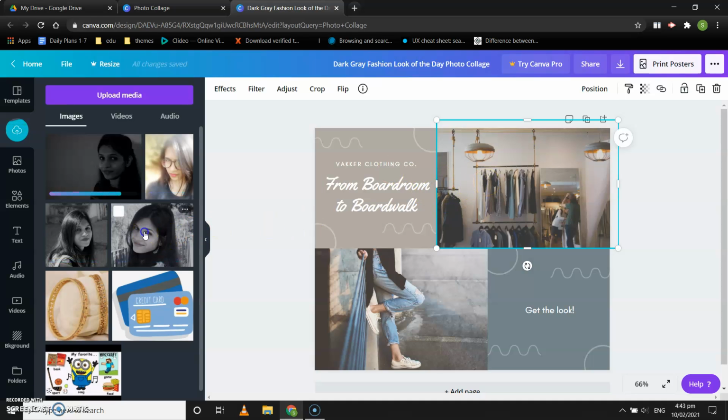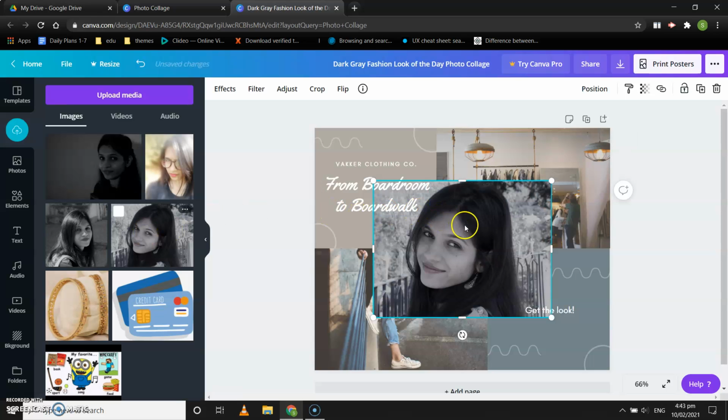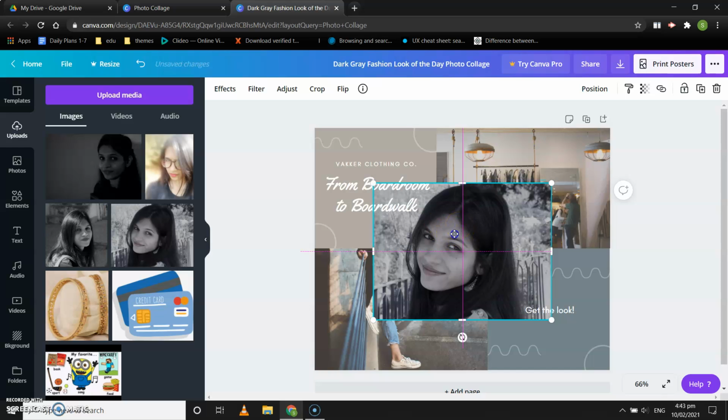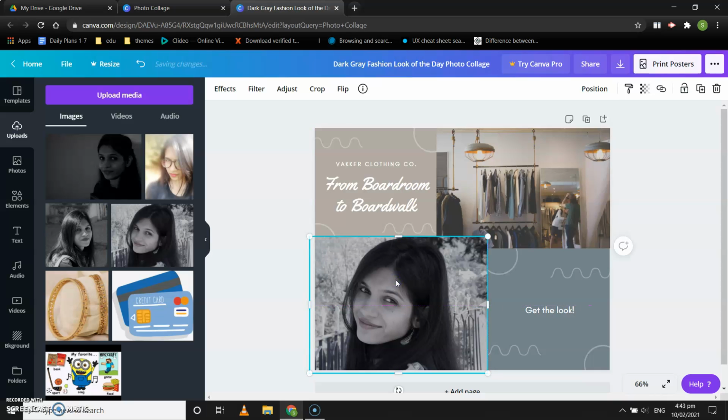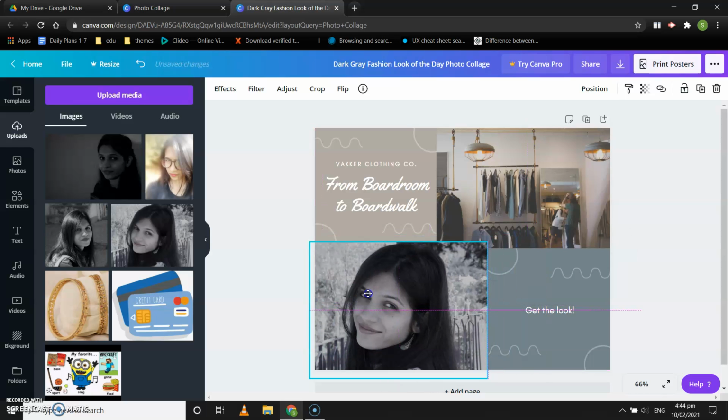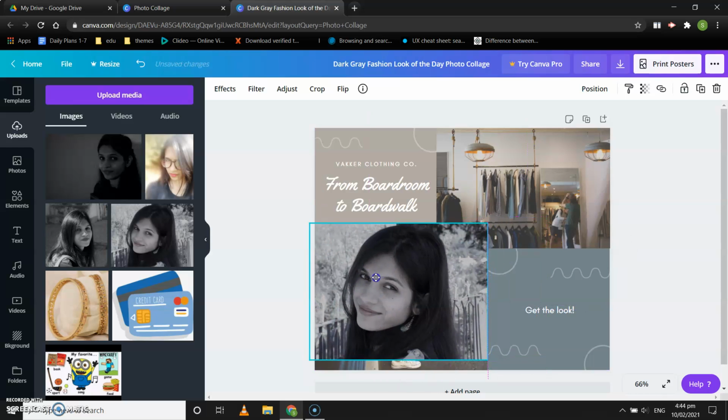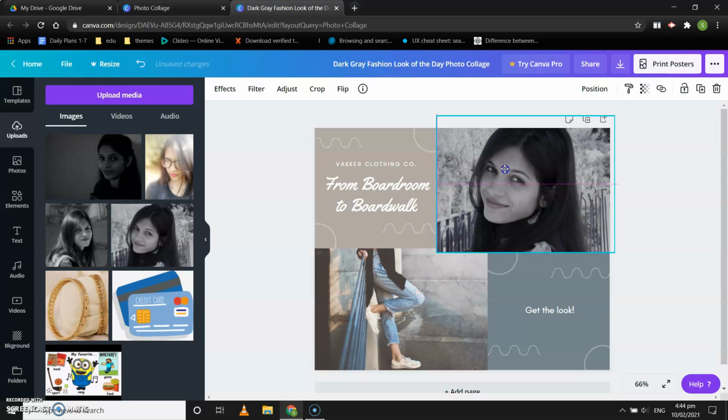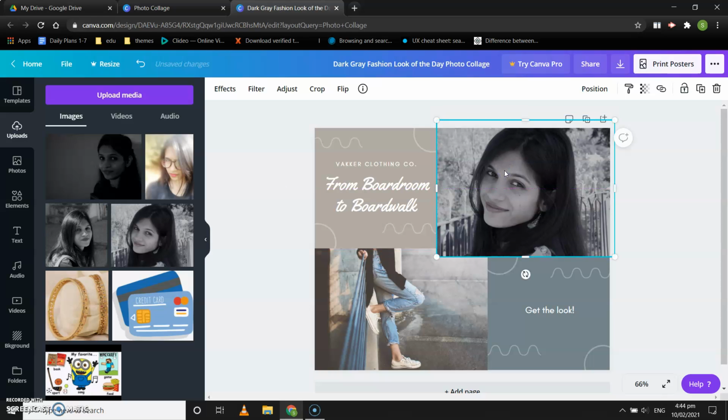So let's select this picture. Suppose I want to add this picture, so I'll just click on this picture and this picture will appear on the template. Now what I want to do is remove this picture, this one, and keep this picture in place of that. So how will I do that? Just double click on this picture and drag and drop that picture on it, and see, it is added.